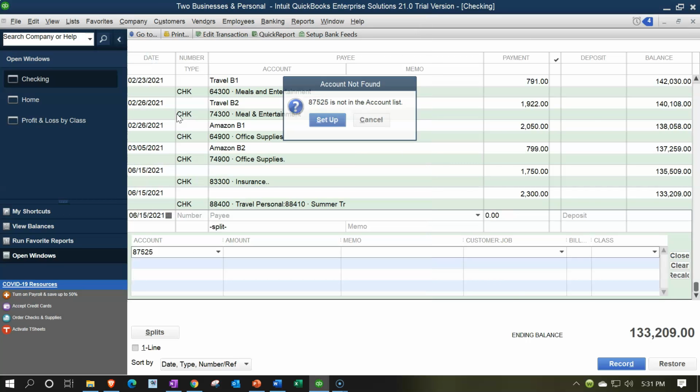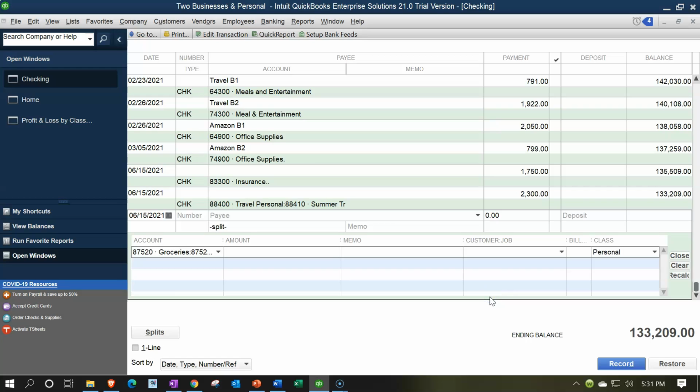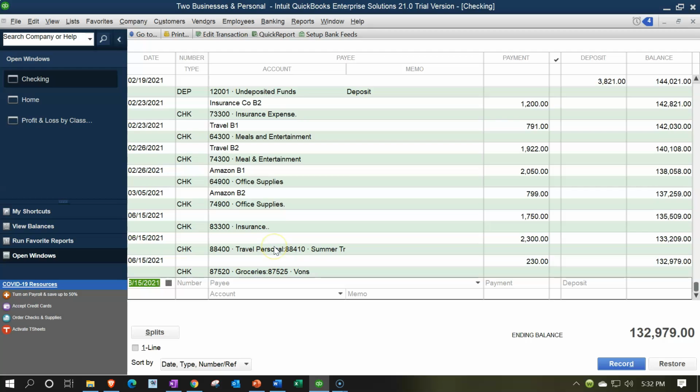87525, and I'm going to set that up, and I'm going to make it just Vons, I'll say, and it's going to be a sub account of groceries, and it's going to be in the personal side of things. So personal side of things, and then I'll say save it, and so that should be easy for us to break out. And then I'm going to say this is 230, and so let's save that, and let's make another one. I'm going to record it, and then let's make another one and say that this one's going to be